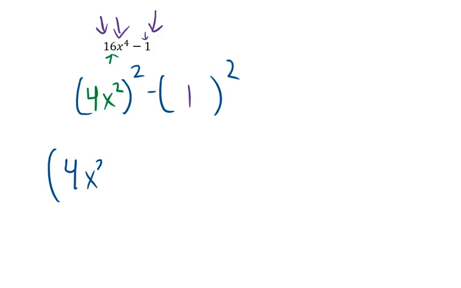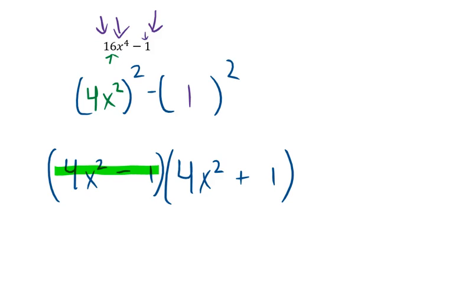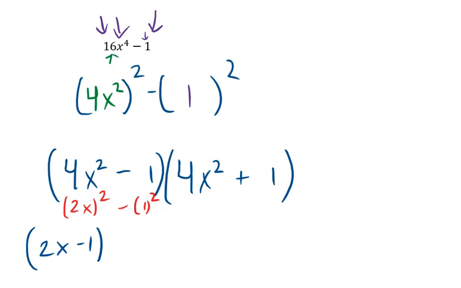So I'm going to have 4x squared and 1, 4x squared and 1. And in one of them it's going to be a minus, and in one of them it's a plus. And then I say, hey, you know what? This is still difference of squares. I can factor that even further using difference of squares again. This is 2x squared minus 1 squared. So difference of squares means I could do 2x minus 1, 2x plus 1